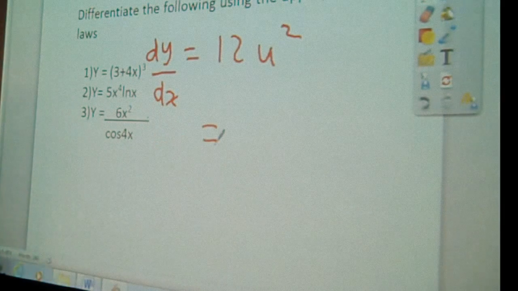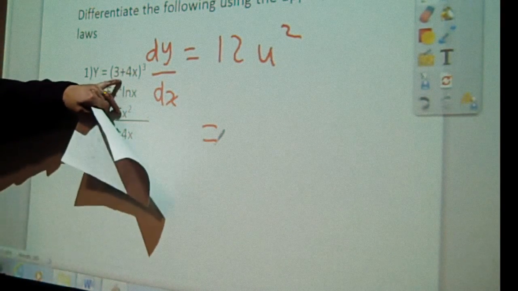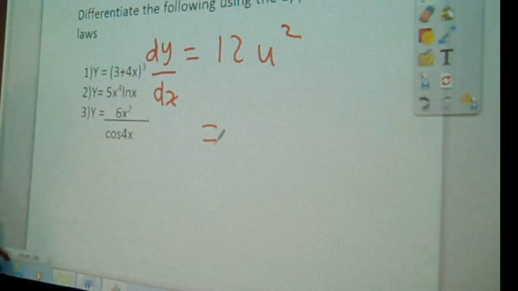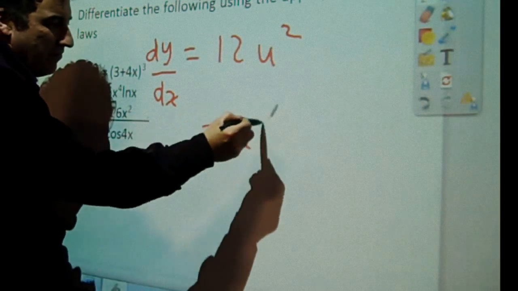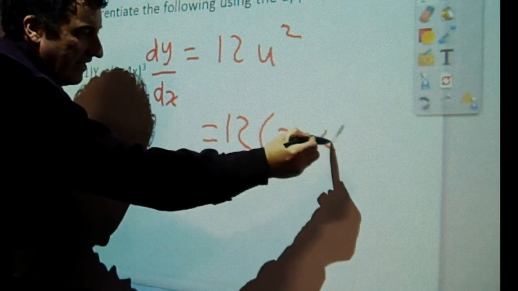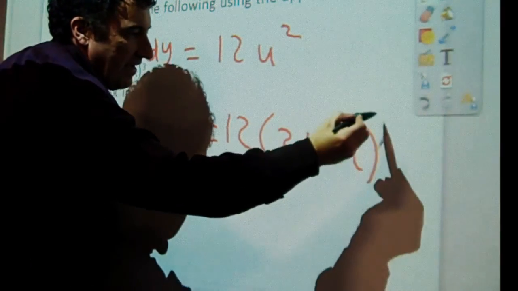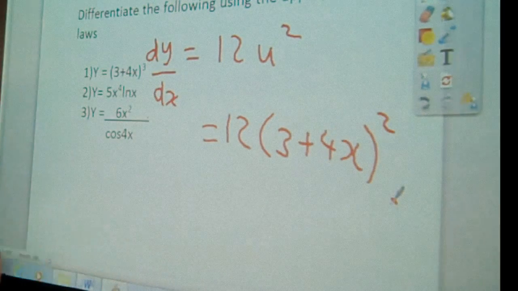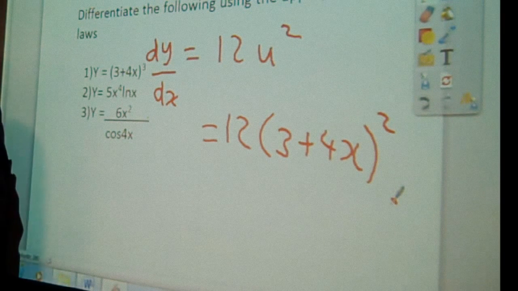And the very final bit, we said early on that u is equal to 3 plus 4x. So we now do 12 bracket 3 plus 4x squared. Yeah? And that completes part 1, which is called the function of a function. y depended on x and x depended on u. So we'll now do question